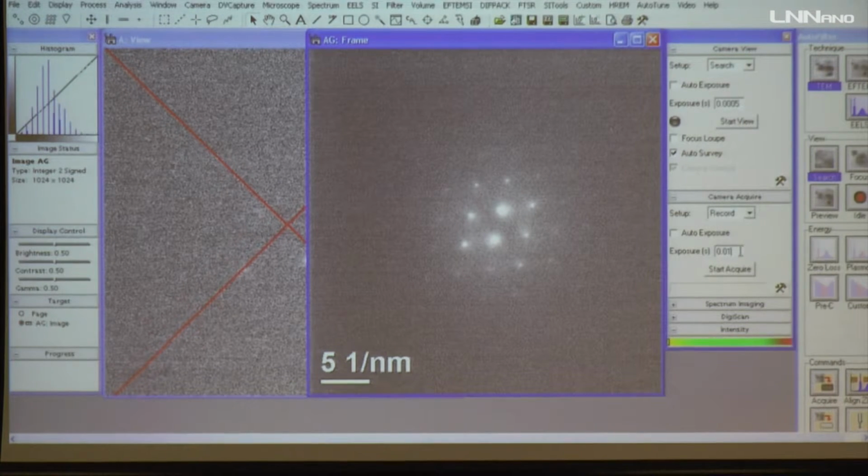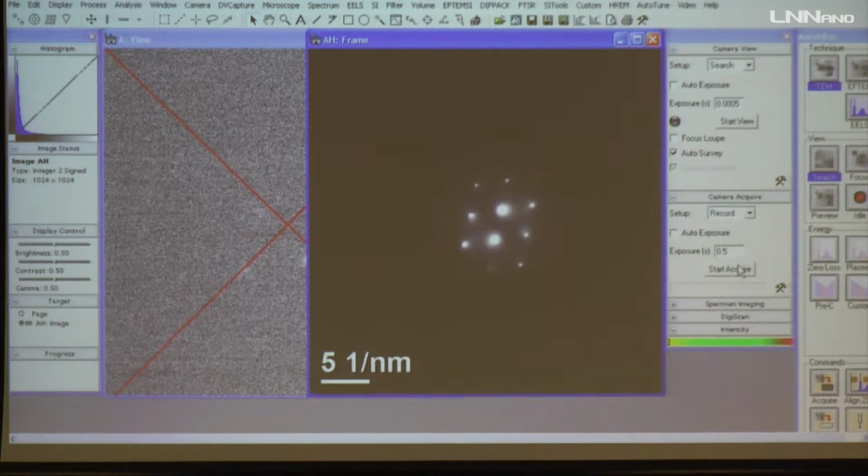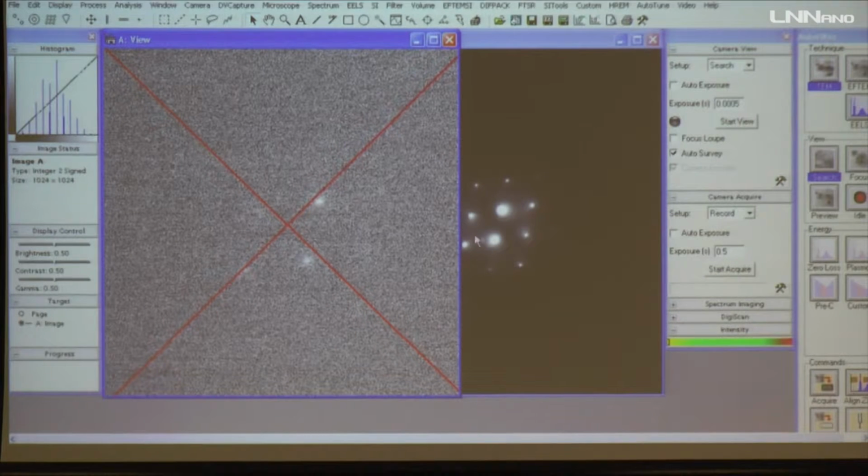Better. So maybe I will change the acquisition time. So that's good, but it's not in exact orientation. I will try to do some modification, but I don't think so